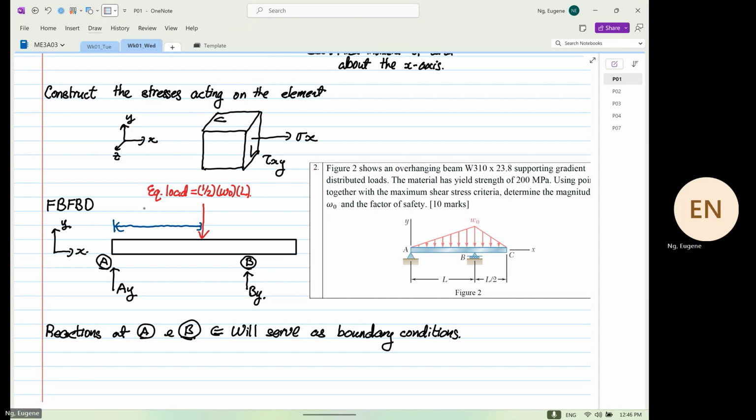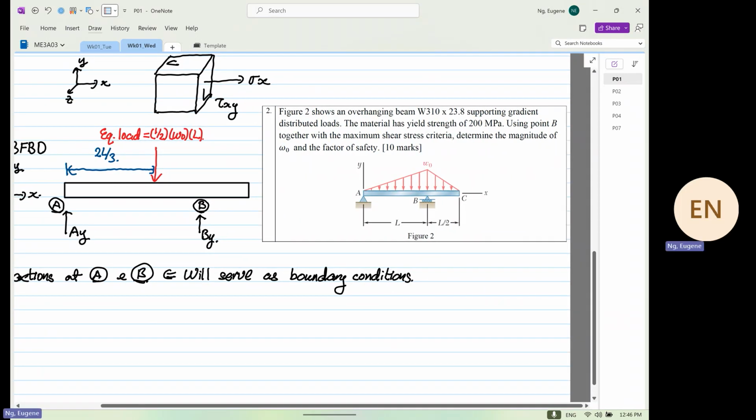Anyone? 2L over 3. Agree or disagree? Right? So just to help you recap, if we have a triangular distributed load,